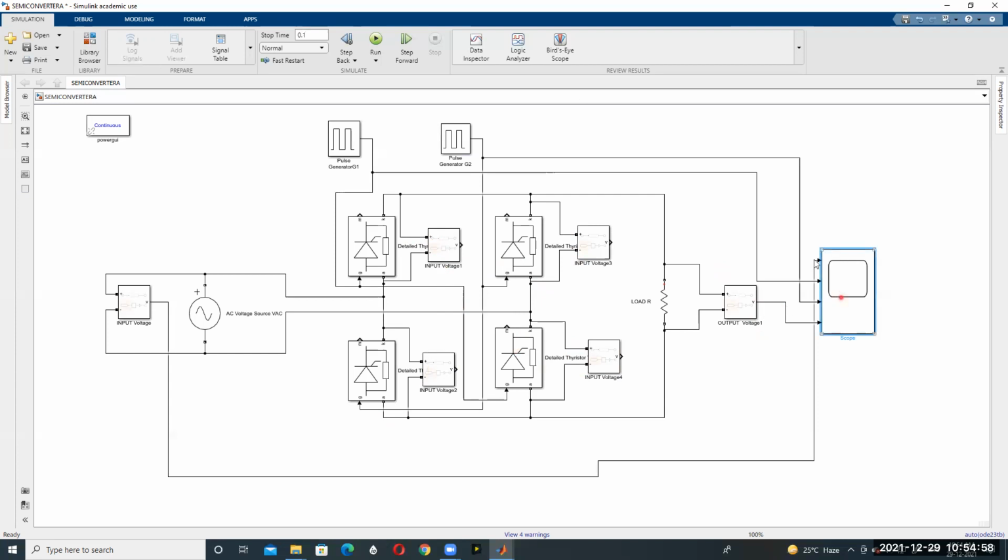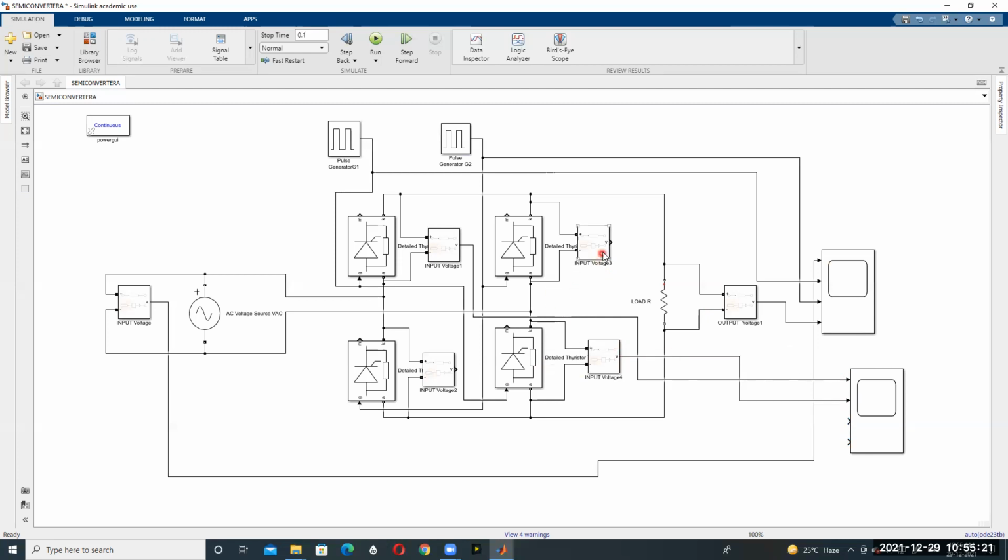Take another scope and place it exactly like this. From here onwards, this is thyristor T1. First connect thyristors T1 and T4, because these two thyristors conduct at the same time.